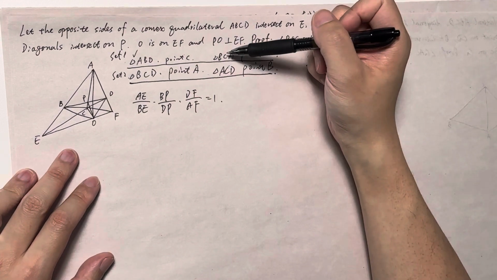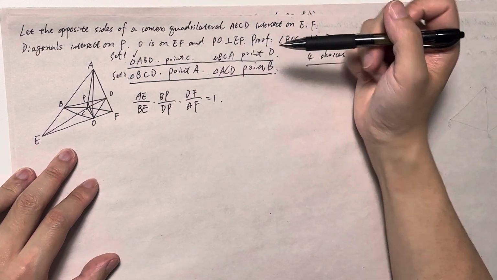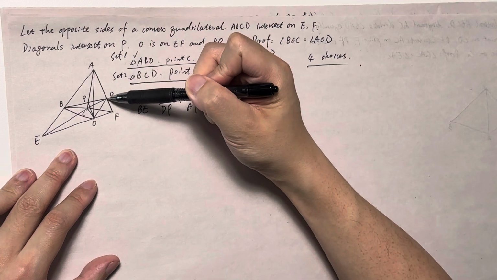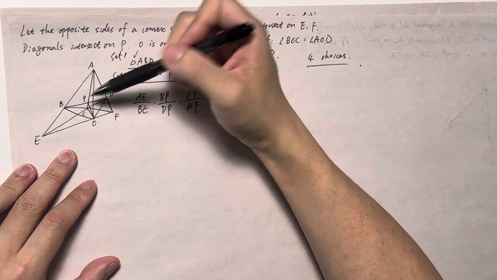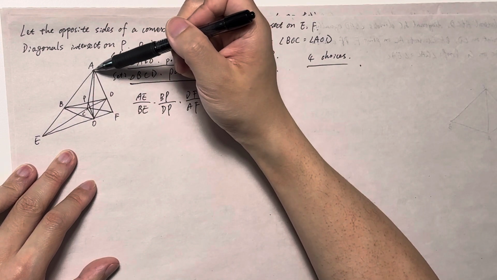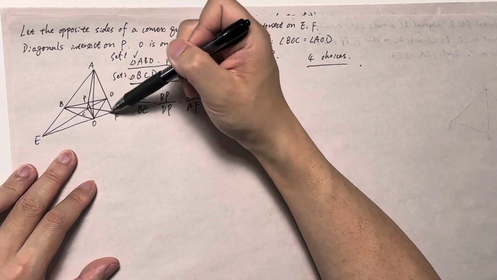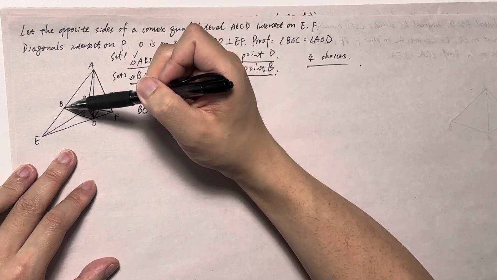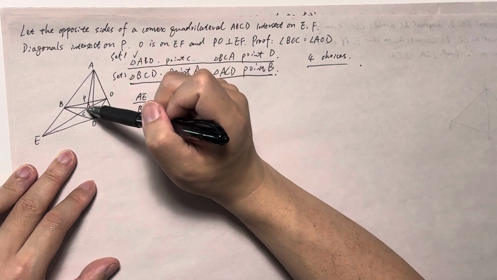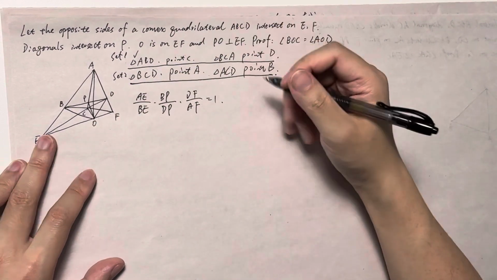So BCA and point D. That's from vertex A, we have AF, right? And from vertex B, we have BD. From vertex C, we have CE. So we got